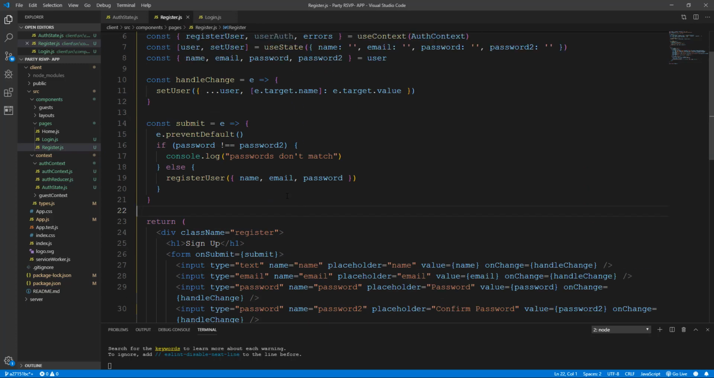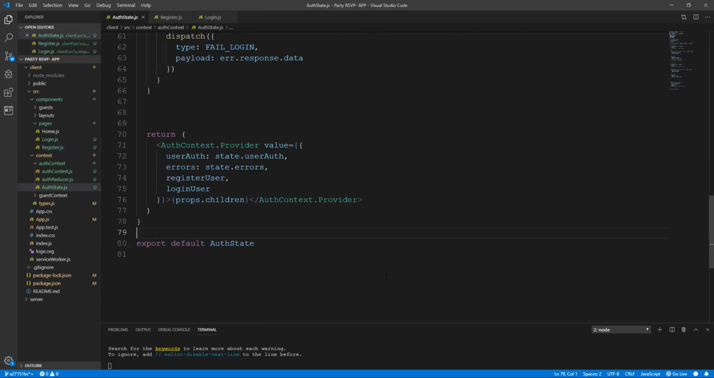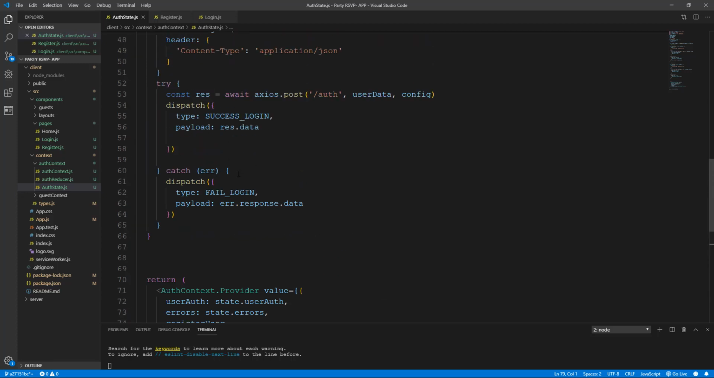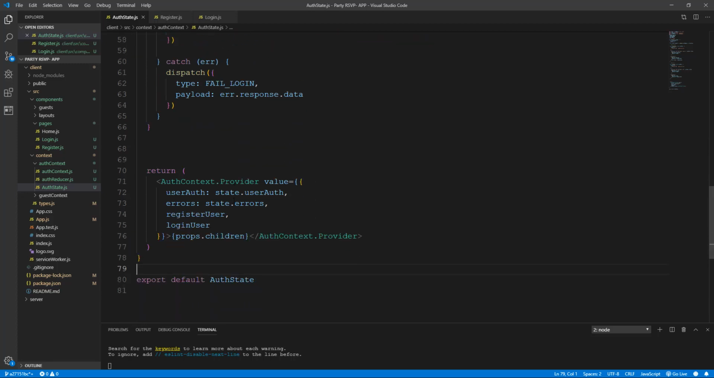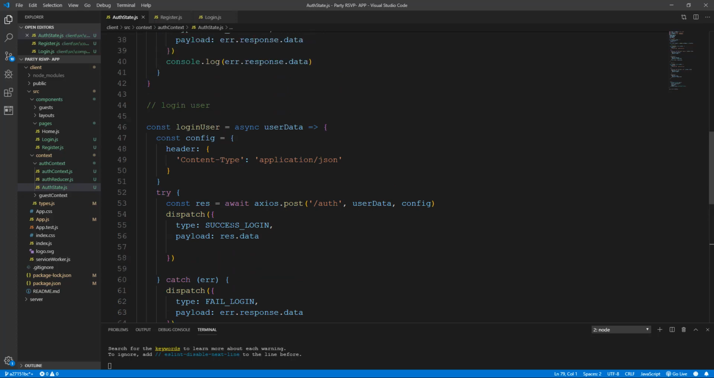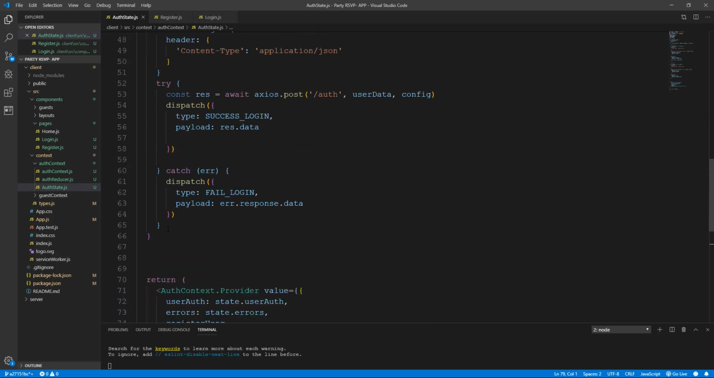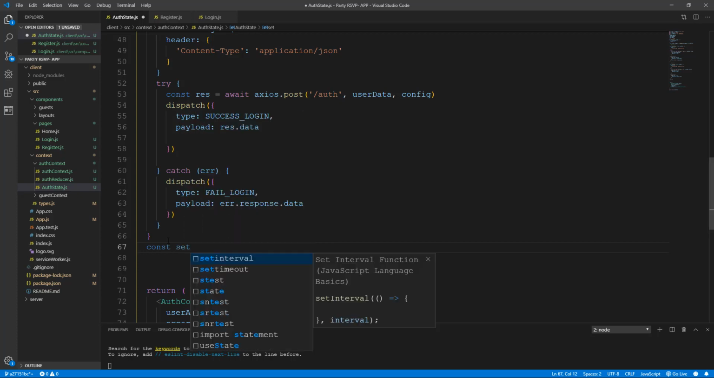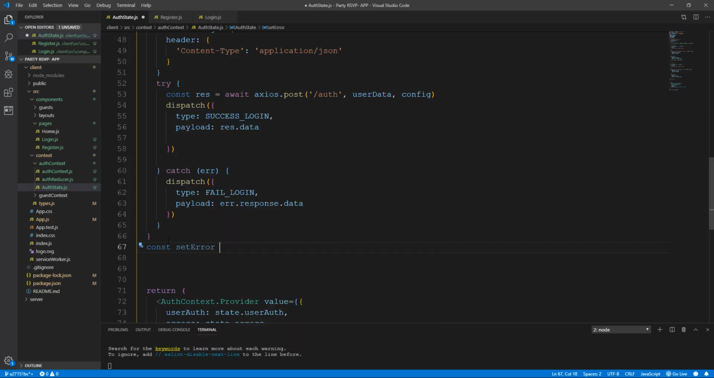instead of getting this password don't match in the console, we should be able to set it into our errors in our state. Okay, so let's just create a method or an action here. I'll just call it set error, and this would take error. Alright, and this is going to be in